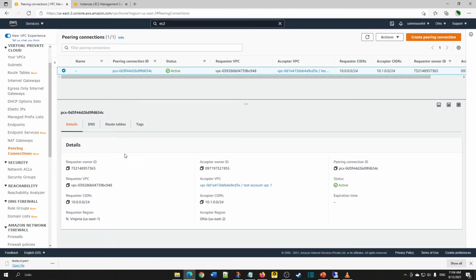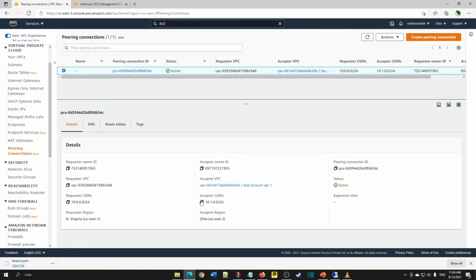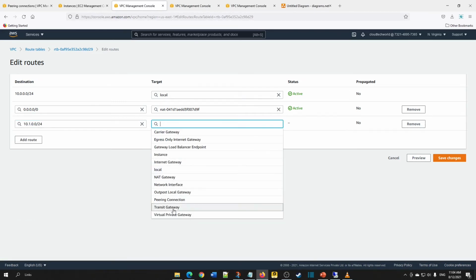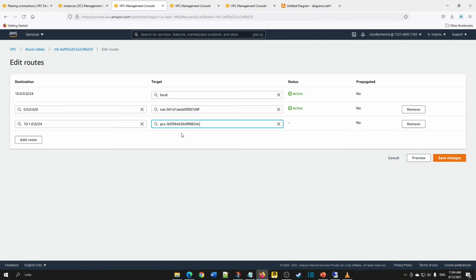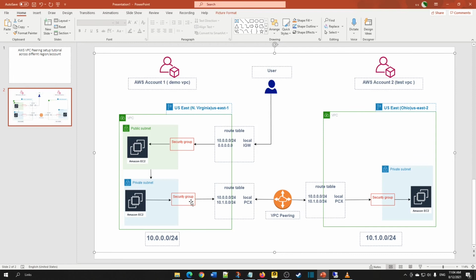Here you can see the peering section itself. You should be able to find it. This is the one on the test side. Here you can see the test account acceptor. Here it is, and here give the peering connection. Update this. So what we did from the source, we have updated the peering connection. Similarly, on the destination, we need to update the peering connection in the route table.